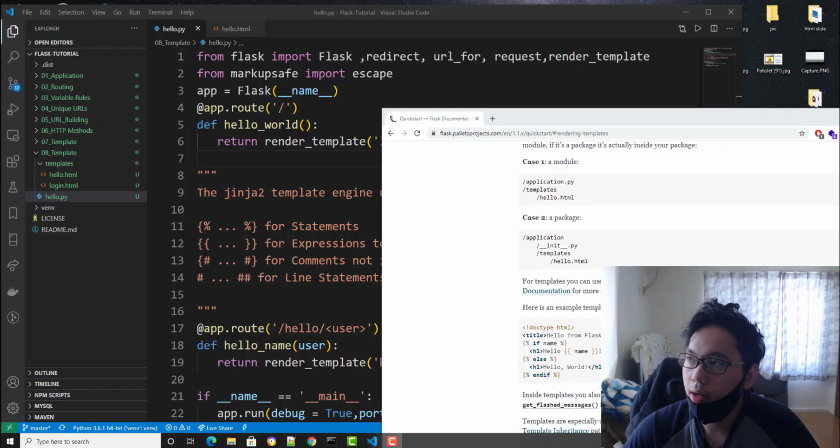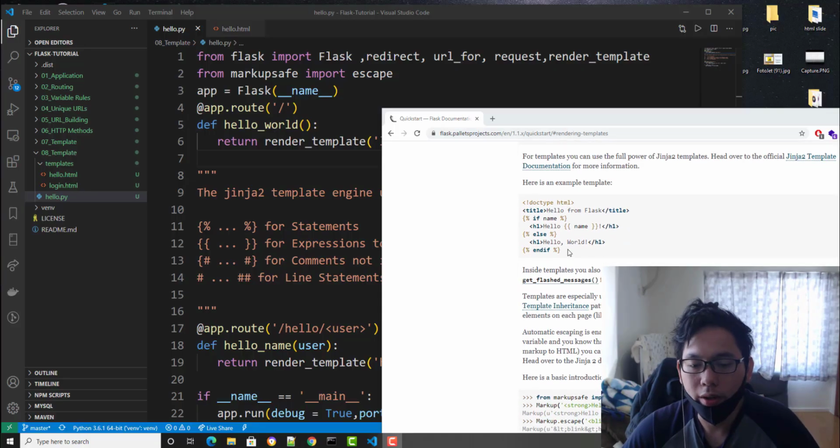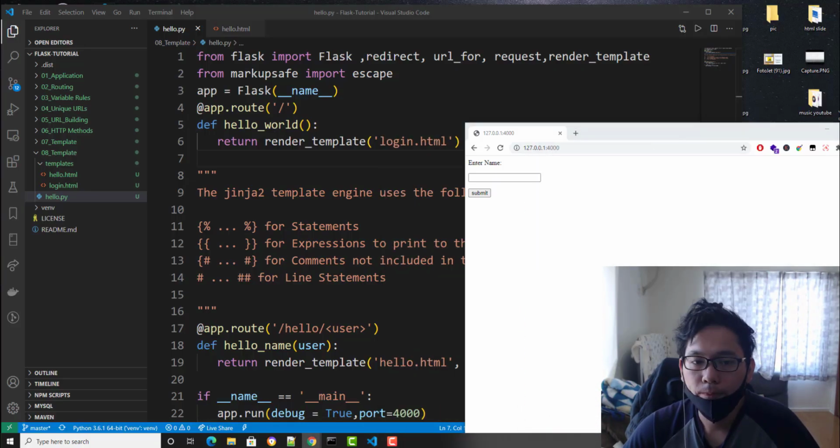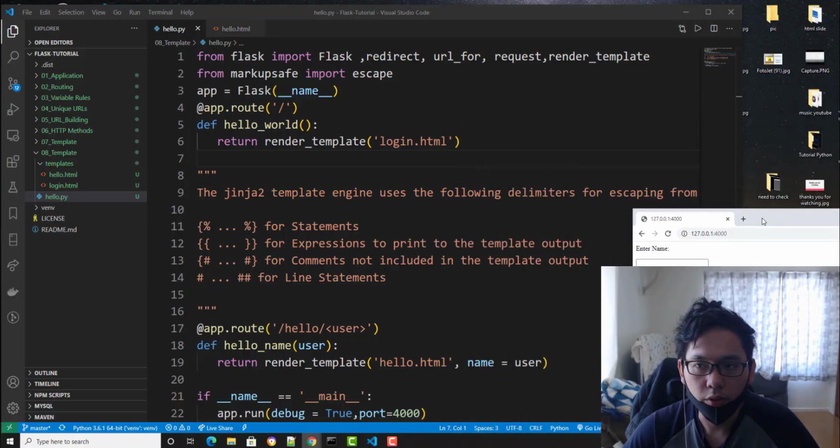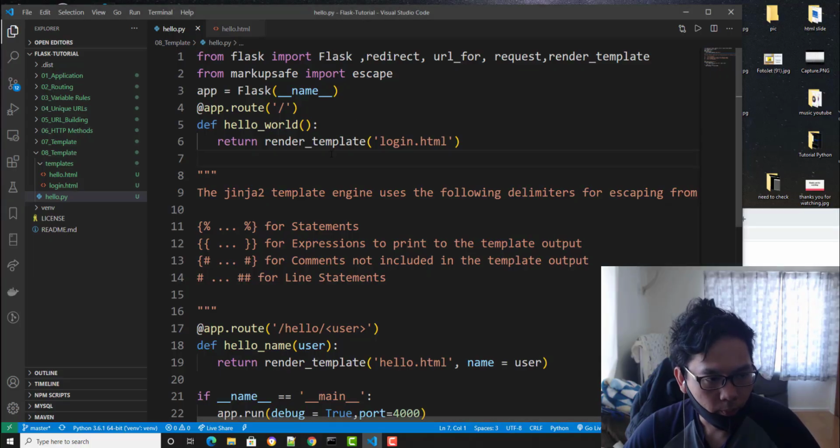Okay, so we're back on the tutorial. So we're gonna talk about Jinja 2 templates. And you know what? Let's just start it. I'm gonna make this as quick as possible. So if we go back on our code, so I'm gonna put it on here. So on Jinja 2 templates, if you see this, it means it's a statement. If you see this type of thing, it's an expression, and comment, and single line comment. That's it. That's the Jinja 2 template.